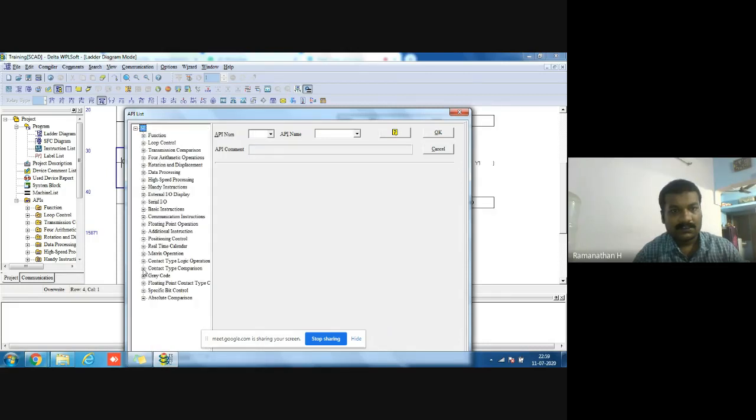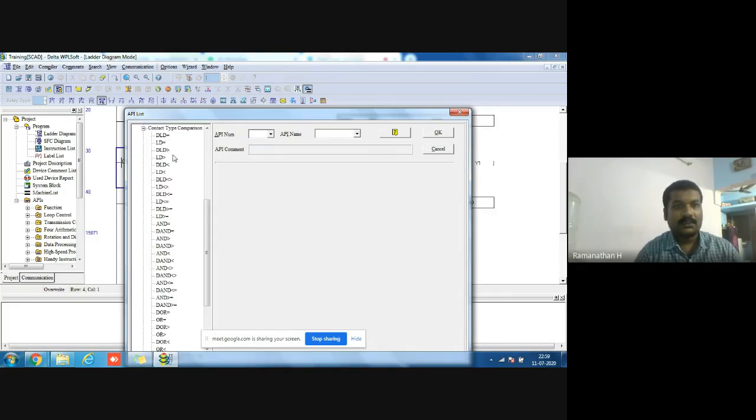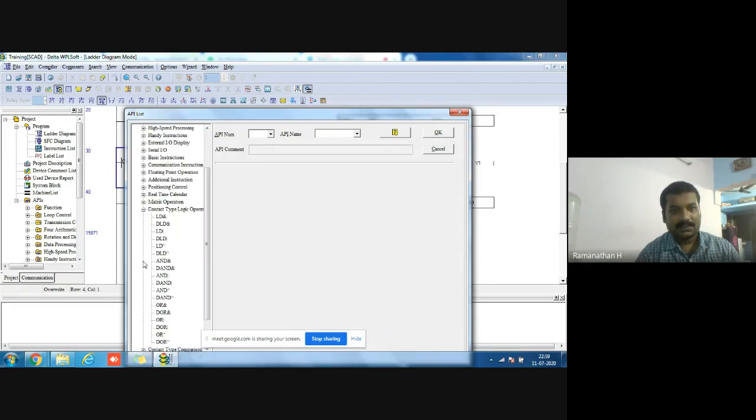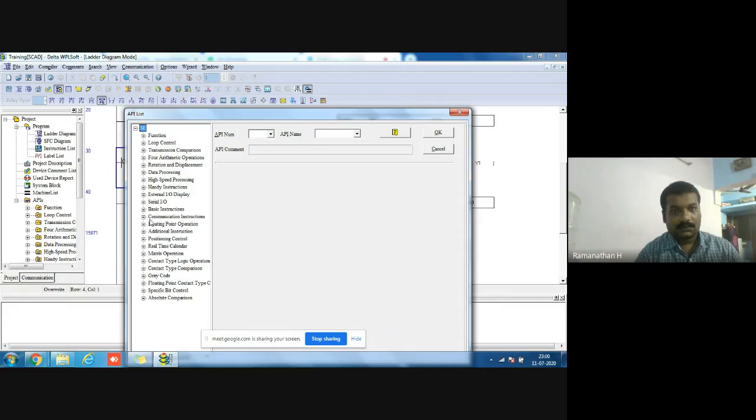So in the comparison itself, a lot of instructions are there: equal to, greater than, equal to, then AND, OR, like this. A lot of comparison sections for that.